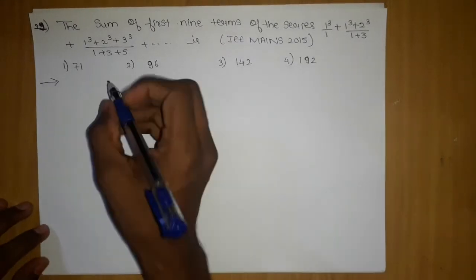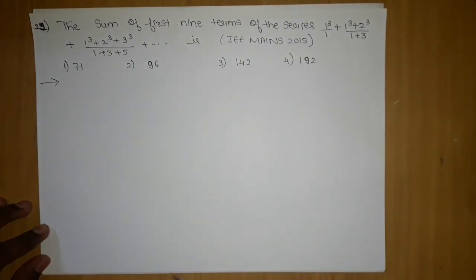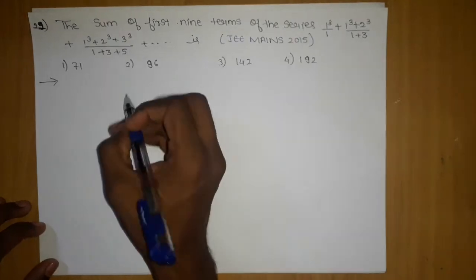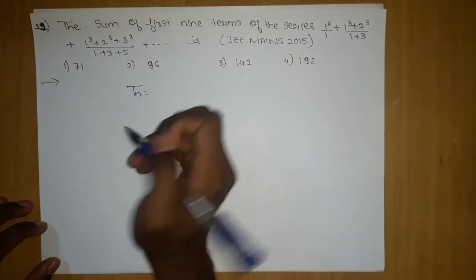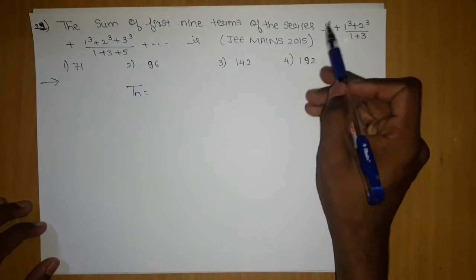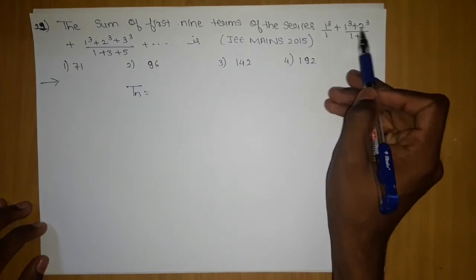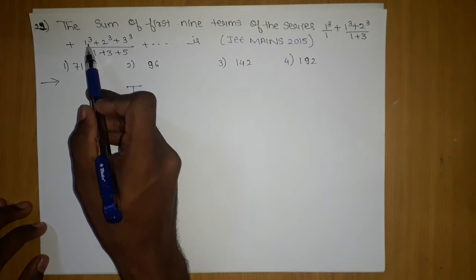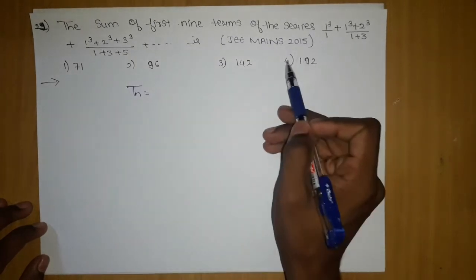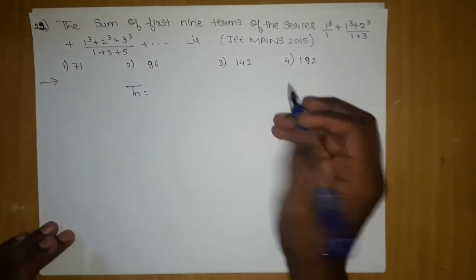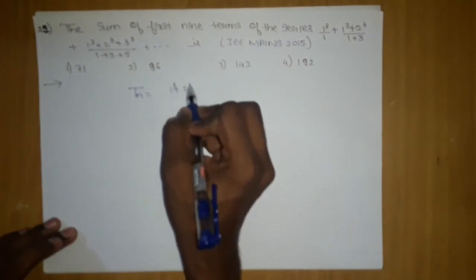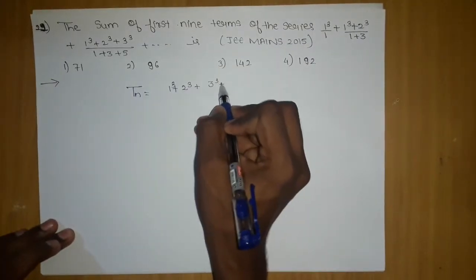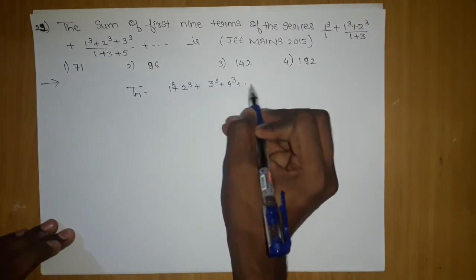The process is that we need to analyze the Tn term. After analyzing the Tn term, we can easily get the summation of whatever number of terms we want by applying summation Tn. So let's focus on how we can get Tn. Here the first term is 1 cube, and then 1 cube plus 2 cube, and the same order continues: 1 cube plus 2 cube plus 3 cube and so on. So the nth term's numerator will be 1 cube plus 2 cube plus 3 cube plus 4 cube and so on